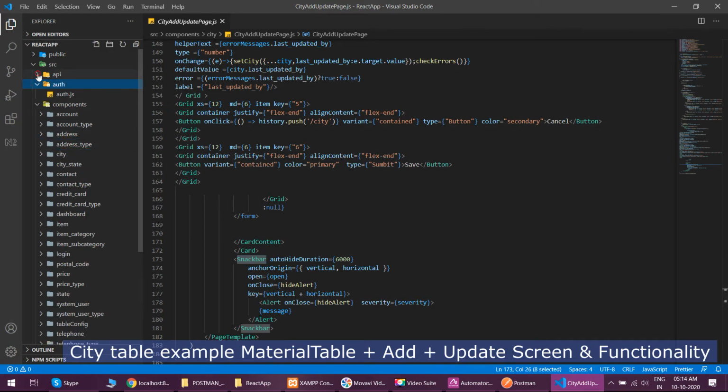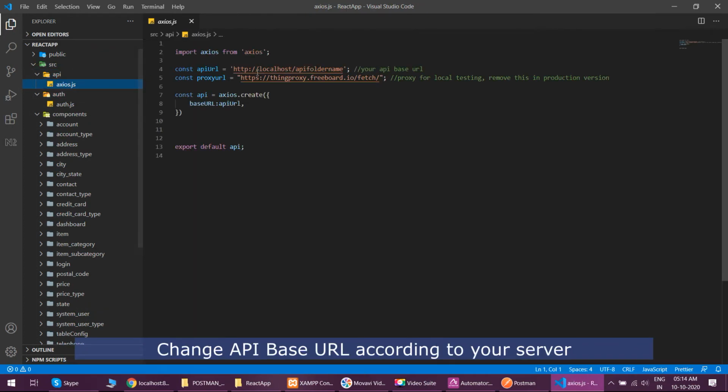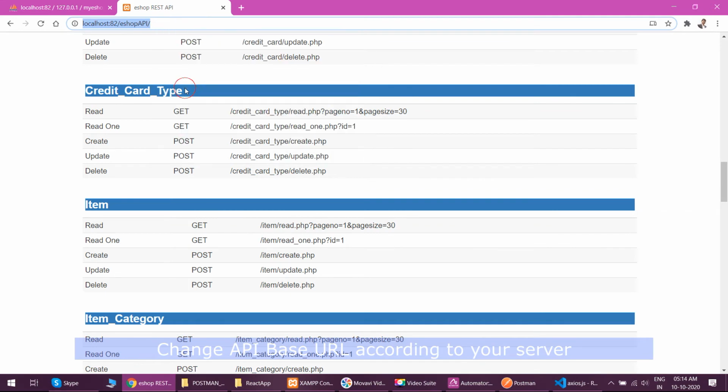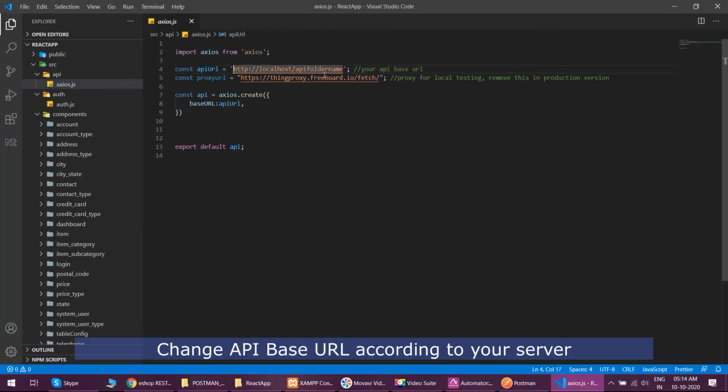Let's connect this with the API. We have an API folder with Axios. So we'll take the base URL of our API and replace it in the Axios API URL. In that way it will call our API. And you can see we are using Axios.